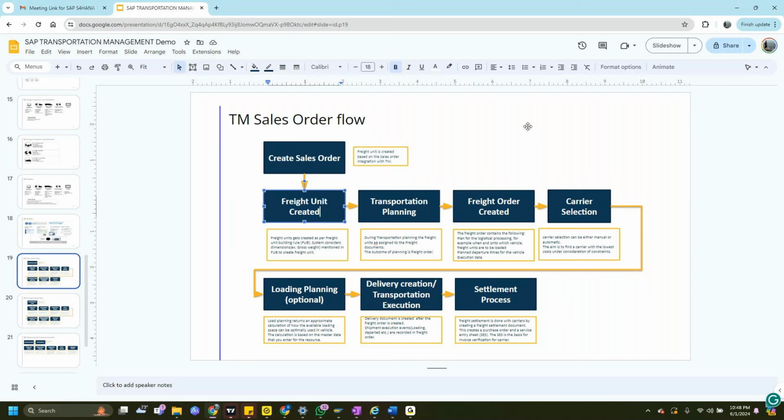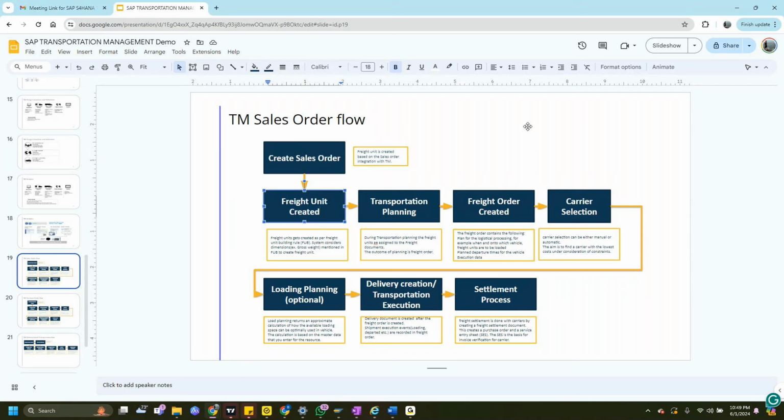Are you getting my point, what I'm trying to say? Any questions here? I'll give one more example out of this if you don't have any questions. It's okay, I understood. You just took an example as a carton, but it can be anything. I'm a cell phone manufacturer, right? One iPhone can be one freight unit. That's how it works, right?